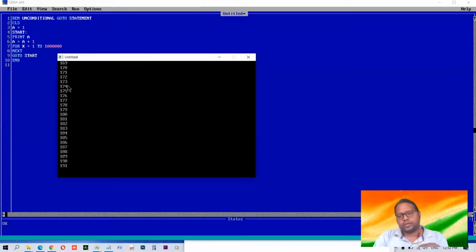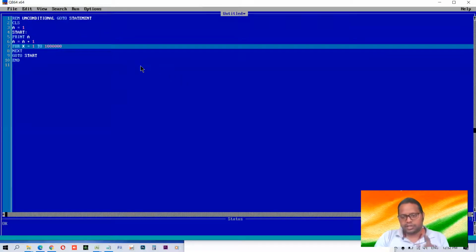Now see, oh, one crossed, one still crossed. Look, dear students, what you're learning here is going to help you in your subsequent studies when you go to higher classes. And if you learn any other programming language, this will help you there also. 10 lakhs, one more zero, one more zero. Let us see its effect.